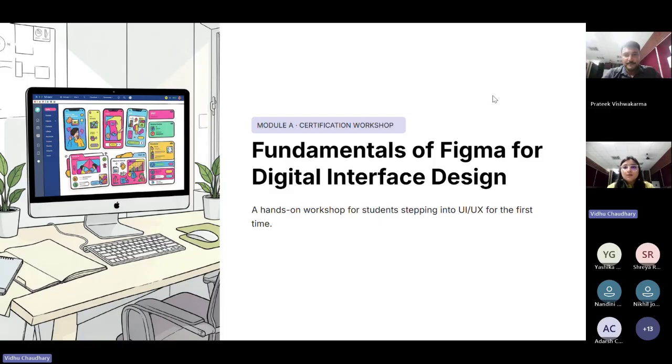So it's going to be divided into two sessions. The first one would be theoretical, a brief discussion of the concepts that we use in the design process, just to make you familiar with it. And then the second part of the workshop would be a hands-on workshop where we'll interact on Figma with each other. So moving ahead, let's talk about